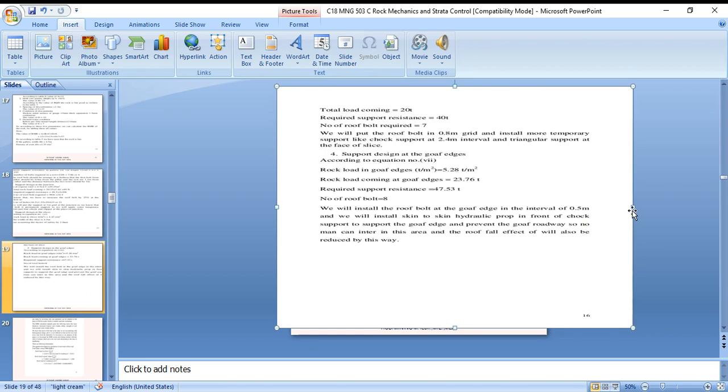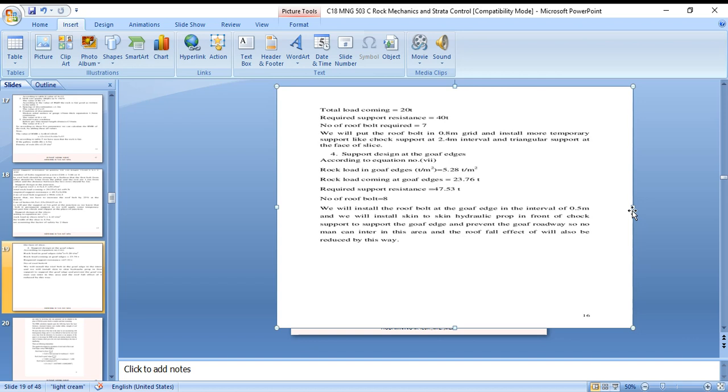So total load coming is, for example, 20 tons, and the required support resistance is 40 tons. That is the factor of safety: the working load is 20, but a factor of safety of 2 means double that. So the number of bolts required is 7. We will put in roof bolts on a 0.8 meter grid,